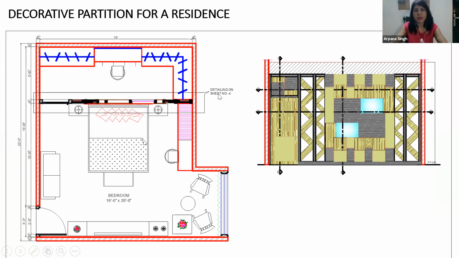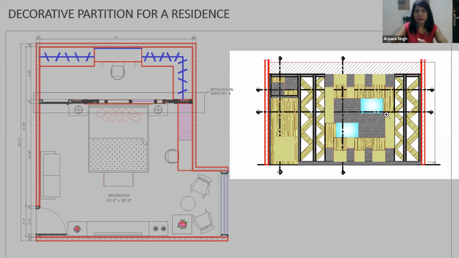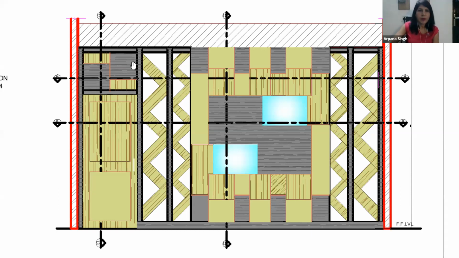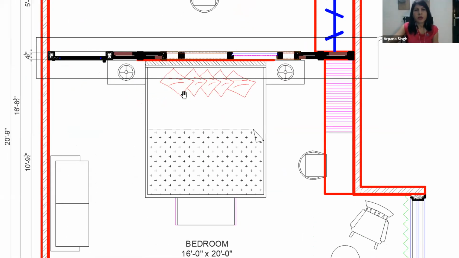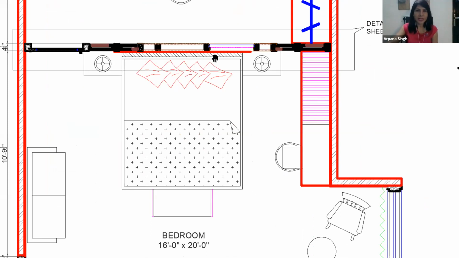This is one of the details which has been worked. It's a very, very decorative partition, and a lot of detailing has gone into it. Just for the sake of showing you one of the drawings, I have brought this and made a slide of this so that you understand. Here is a door, and basically it is the back wall of a bedroom. A huge bedroom has been divided, with a small dressing area at the back, and for the division, a partition wall has been given, which is very decorative.